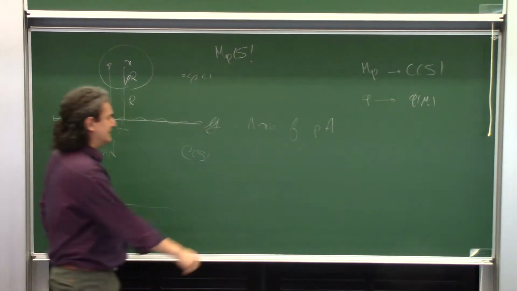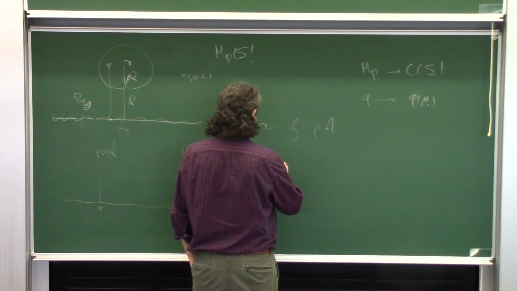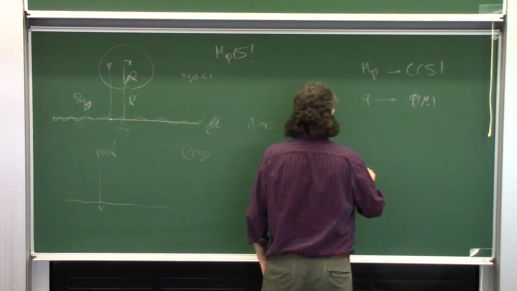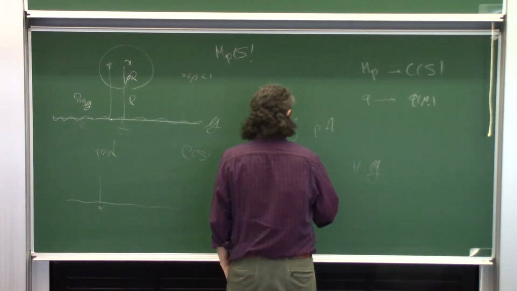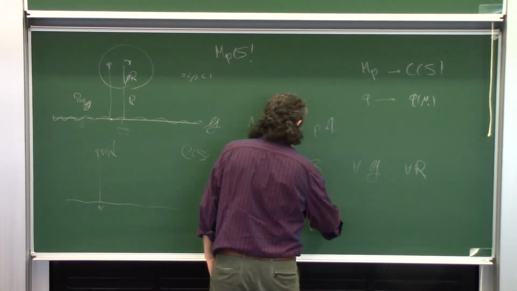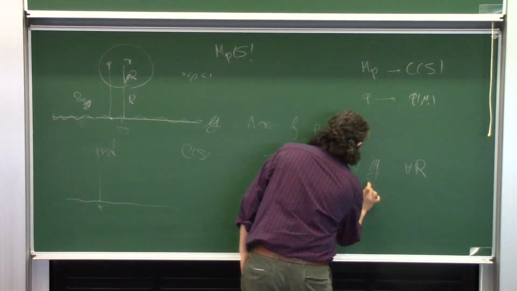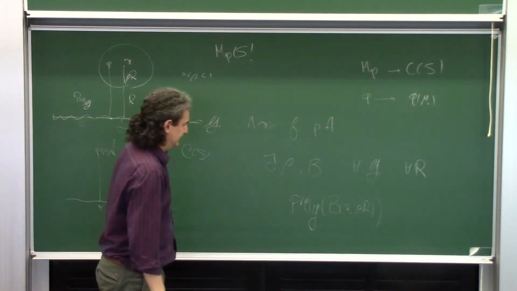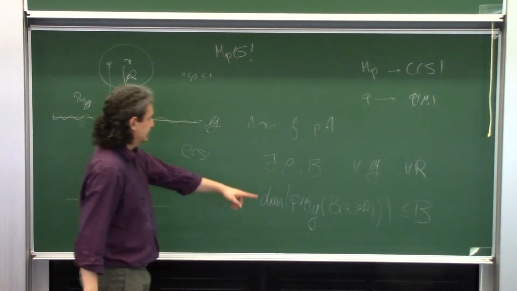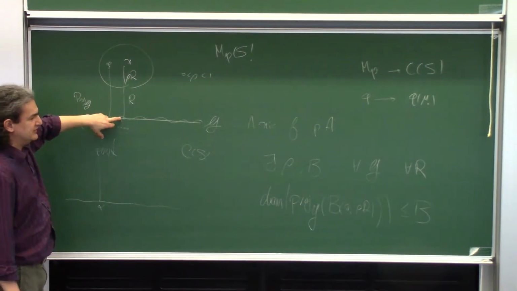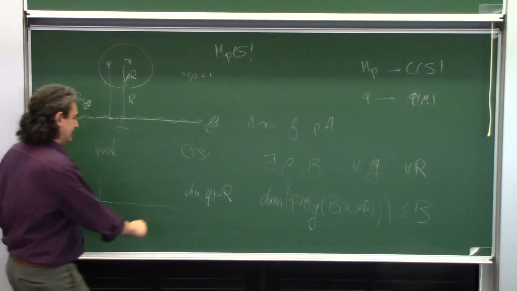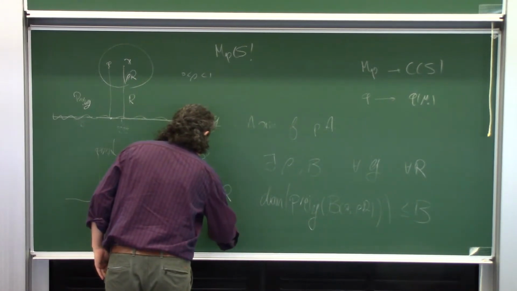Right. So the statement is that there exist a C and a rho and a B, such that for every G and every R, if I look at the projection to G of the ball of radius rho R around X, then the diameter of this is less than or equal to B. So the assumptions are the distance from X to G is R, and G is thick, or maybe it's the axis of a pseudo-Anosov.